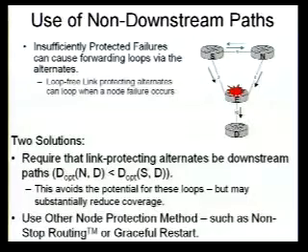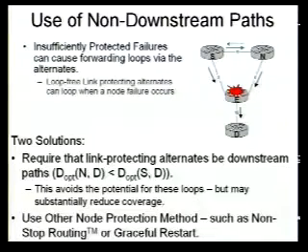So in this example, S and N both have loop-free alternates which are only link protecting. So if the link from S to E were to go down, S can send the traffic to N. And if the link from N to E were to go down, N can send the traffic to S. Unfortunately, if the router E itself goes down, well, S and N cheerfully send traffic back to each other. So there are a couple solutions to this.